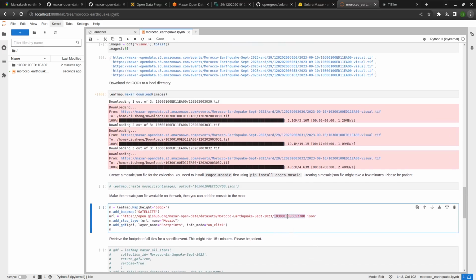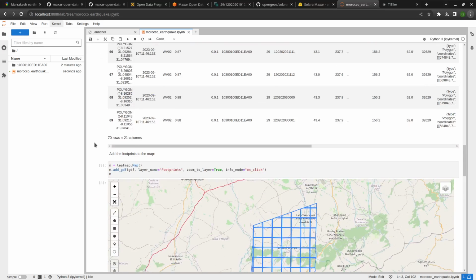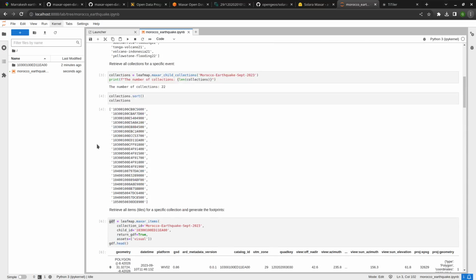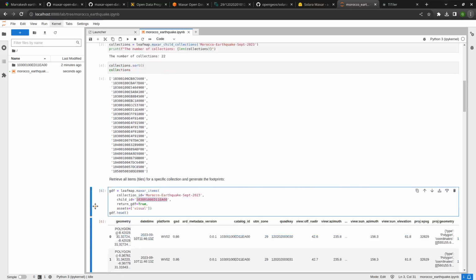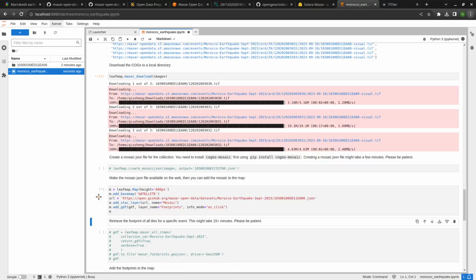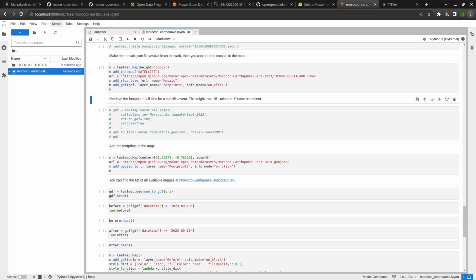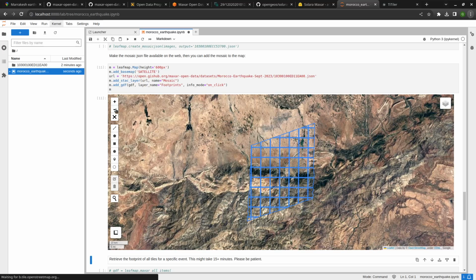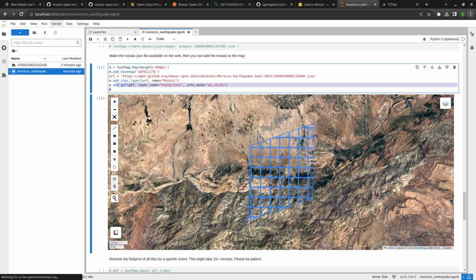And maybe let's try to use the same one that I used above, using the same ID. So it'll be this one, okay? Then come back to here, replace this one, and Shift+Enter to run it. We're going to create an interactive map, and it's going to add the Google satellite basemap. Also, I'm going to add the mosaic layer and also the